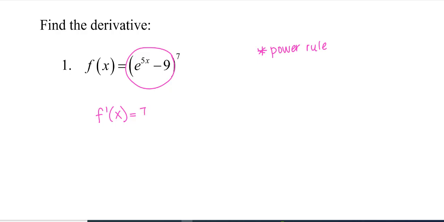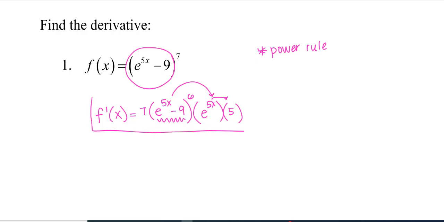So I can start right away with my derivative, and I'll write the derivatives in the order that I'm doing them. So I'm going to do power rule first. I'm going to bring down my exponent. Going to keep my base the same. You never change a base or change an angle unless you use an identity. So again, power rule says bring your exponent down in front of your base, keep your base the same, subtract 1 from your exponent, so now that's a 6. And then I will chain rule, so times the derivative of what's inside. So the derivative of e to the 5x would be e to the 5x times that derivative of 5x, which is 5.